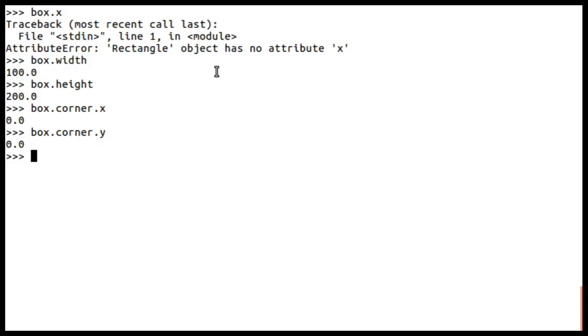The meaning here is that this particular box is exactly at the origin, so from the origin it lies in the first quadrant. Obviously the center will be x equal to 50 and y equal to 100, half of width and half of height, right? So let us see this.